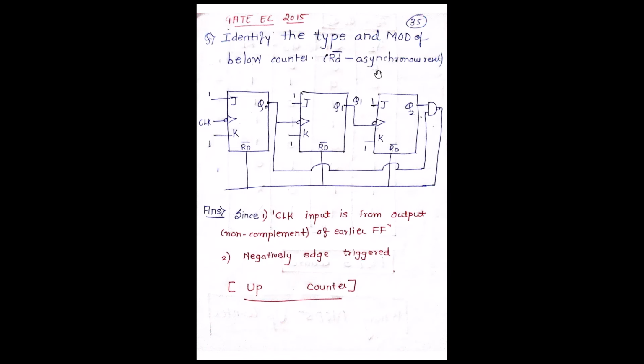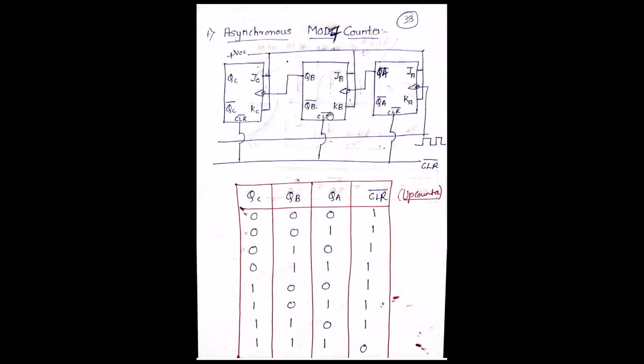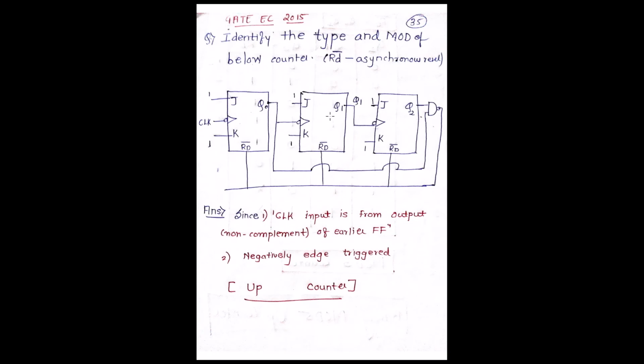The RD bar is the asynchronous reset. You can consider it as the clear bar, which was over here. You can consider that as the RD bar. The reset means clearing itself. So if you see over here, it is basically RD bar, a clear bar, which indicates that it is an up counter. Understand this thing very well. Since it is RD bar, or it would have been a clear bar, it indicates that it's going to get clear to 000. That means it's going to start counting upwards and it will get finally cleared. Hence it is an up counter.